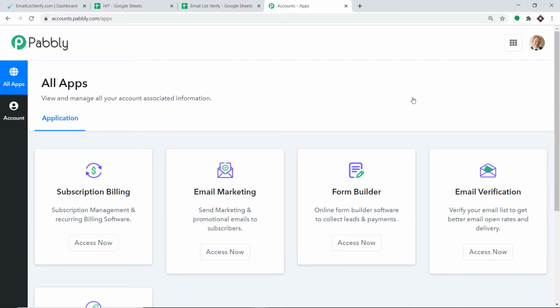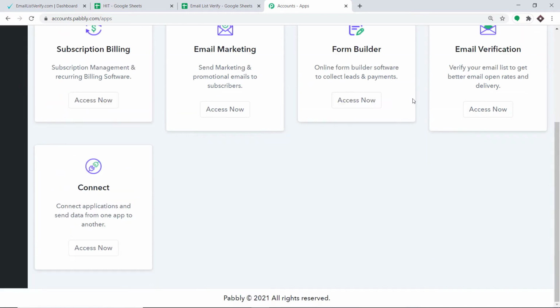As you can see, I already have made an account in Pabbly Connect. You can also create your own free account in just 2 minutes. Here, I would like to mention one more thing: Pabbly Connect offers a plan where this integration can be tried out absolutely free. You just have to clone the template of its workflow, which is available in the description box. Once you clone the template, you will get immediate access to this amazing workflow in your account. Scroll down and at the bottom you will find connect. Just click on access now.